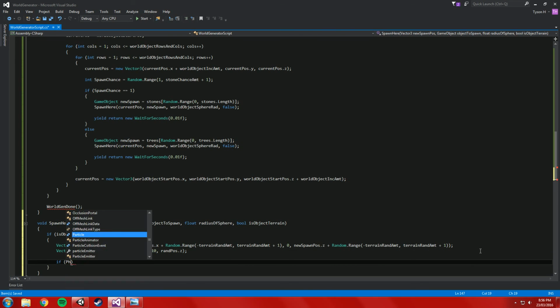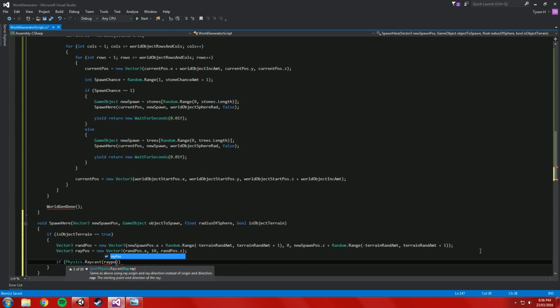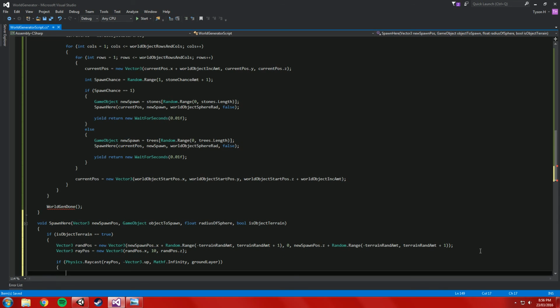Alright, let's put in an if condition. So, if Physics.Raycast, casting at ray pos, it's going to go downwards, so minus Vector3.up, which is essentially Vector3.down. There is no Vector3.down, so that'll do. We're going to cast it for Mathf.Infinity. That's going to be its distance, and we're going to use a layer mask, and that layer mask is going to be ground layer. So we're casting a raycast just to see if there is ground beneath us, and if there is, so in other words, if this makes some sort of connection,